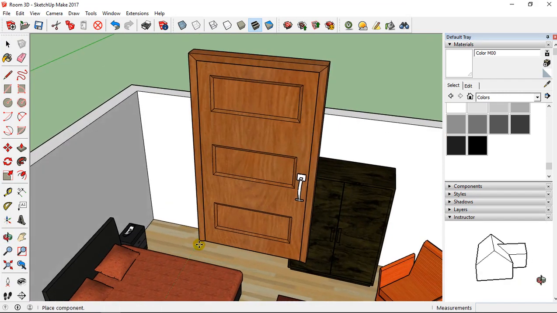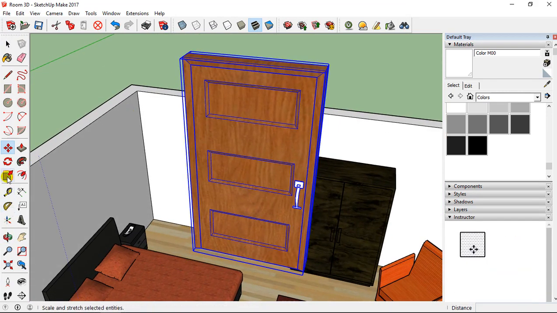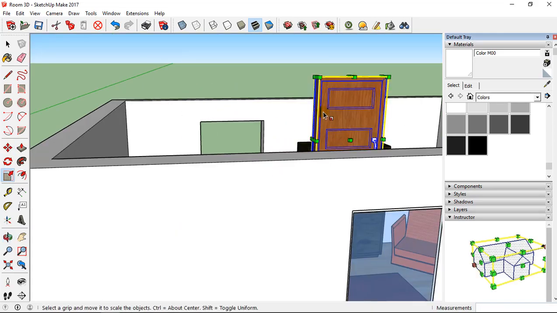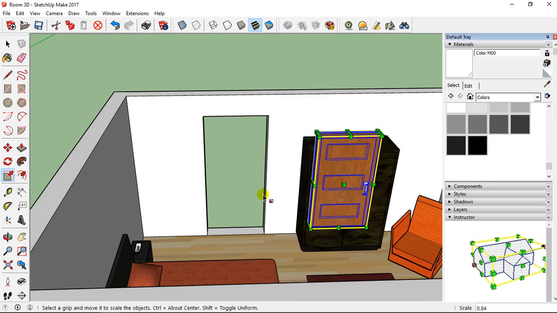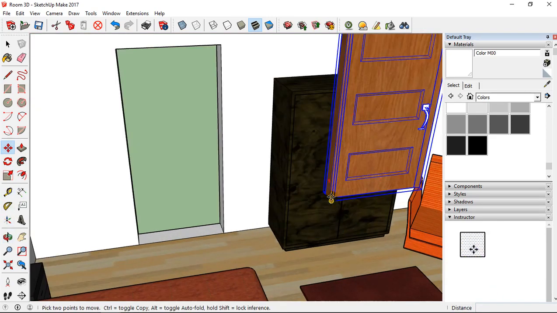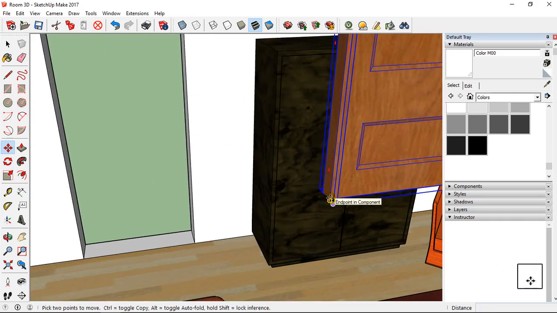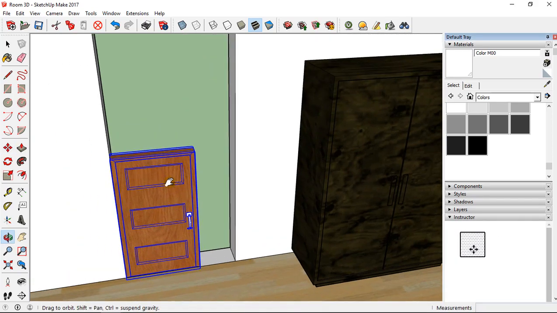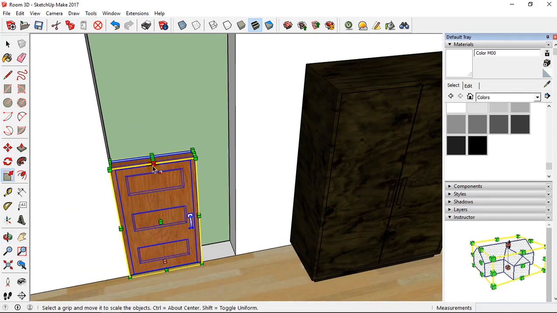So I place it at this level, I change the size with the scale tool, like this. Then I take an angle, I'm going to go here, scale tool,